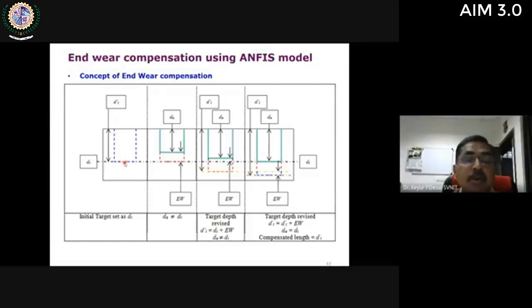So this is what is aimed at. We wanted to have this much depth, but because of the tool wear, when the machine indicates that you have reached your depth, in fact, this is the unmachined portion. If we measure this distance and once again allow the tool to dig by that distance, by that time the tool also will be subjected to wear and you will reach this stage. But ultimately, for a final cavity of the dimension as per desired, what tool wear compensation is required, that is predicted efficiently using this model.